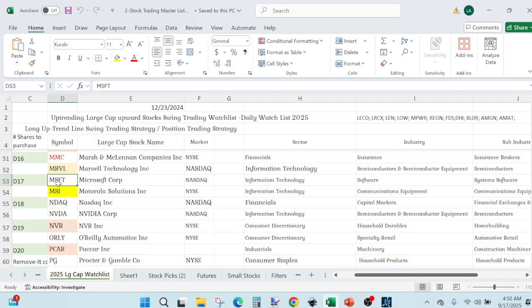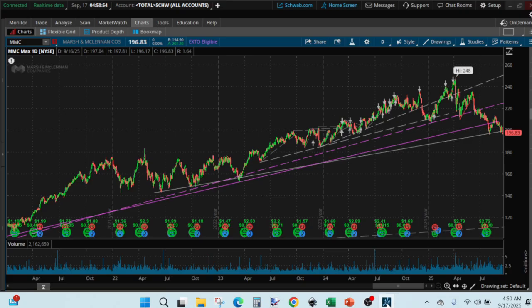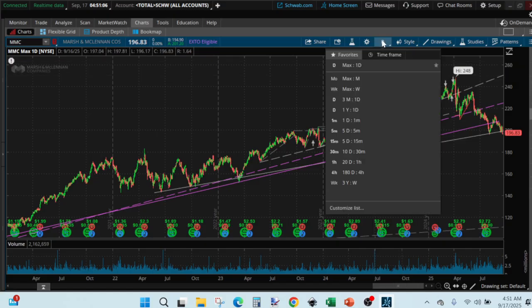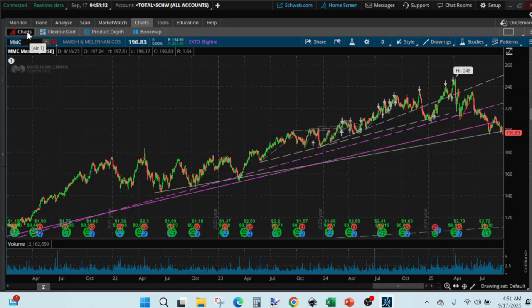So the first one we are going to analyze is Microsoft. We have Thinkorswim platform open, and to do the analysis we will use maximum daily chart, and under the type of chart to use we have maximum daily chart set up there. So Microsoft,